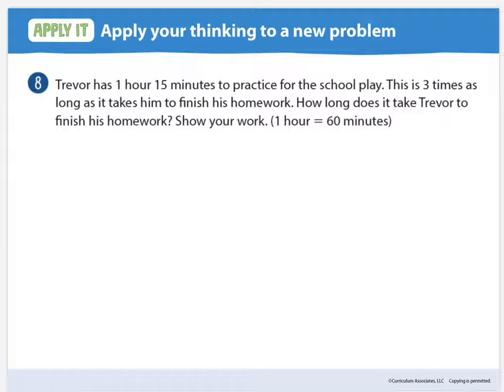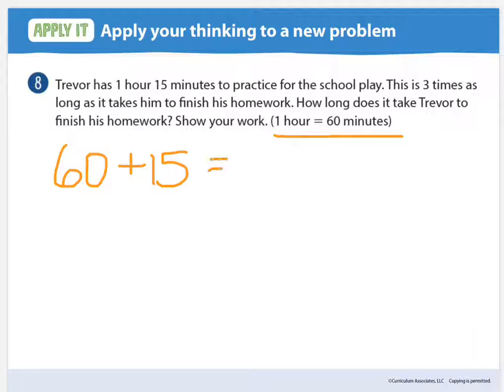Okay, number 8. Trevor has 1 hour and 15 minutes to practice for the school play. This is 3 times as long as it takes him to finish his homework. How long does it take Trevor to finish his homework? Show your work. Okay, so we know that 1 hour is equal to 60 minutes. So if he spends 1 hour, which would be 60 minutes, plus 15 minutes doing practice for the school play, then we would add these together and get 75 minutes that he spends practicing on